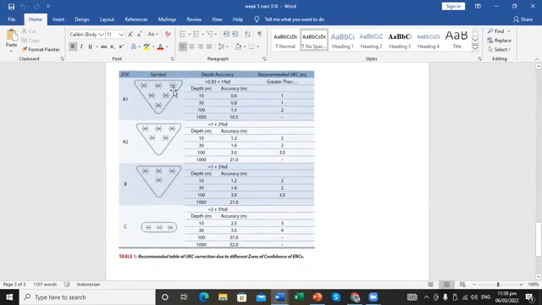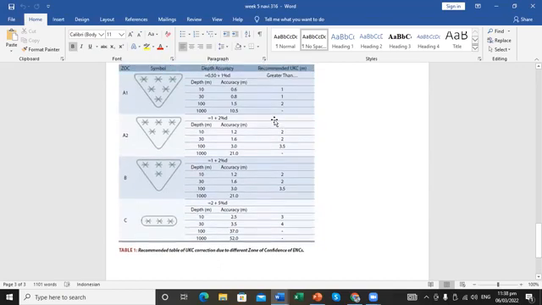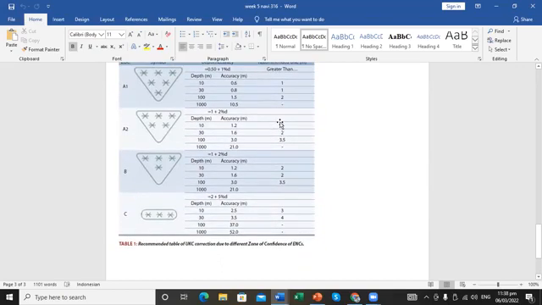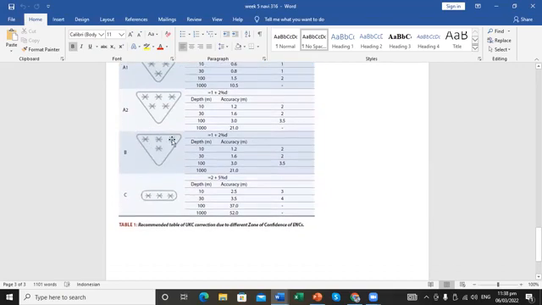A2 will be represented by 5 asterisks, and your underkeel clearance must be at least 2 meters to have a safe passage. For B, it will be represented by 4 asterisks, and the underkeel clearance will be greater than 2 meters, while for C it is at least 3 to 4 meters underkeel clearance.